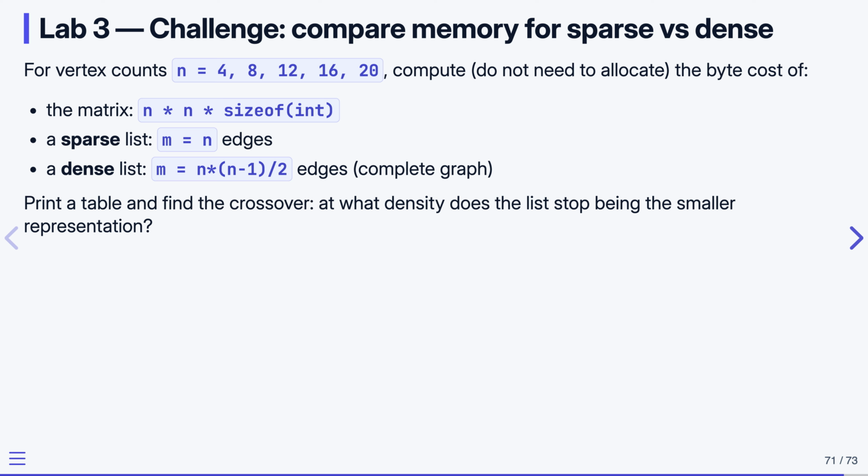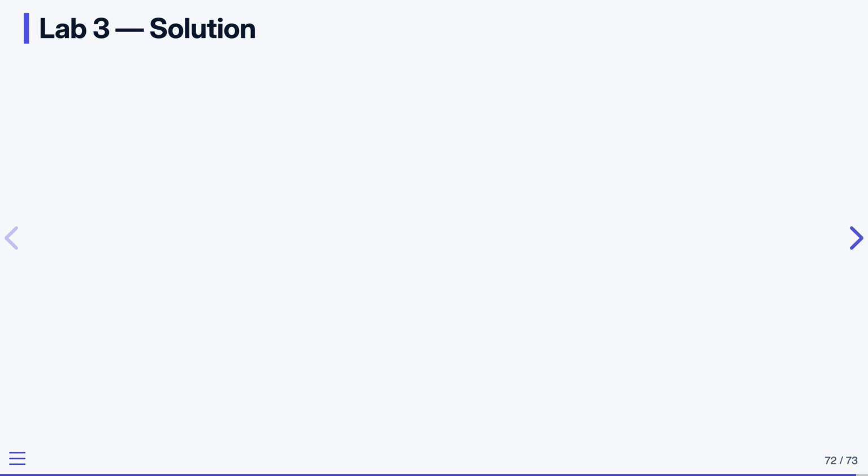Print a table and look for the crossover. At what density does the list stop being the smaller representation? Work out the numbers, and we will check them next. Let's look at the solution. The full program is